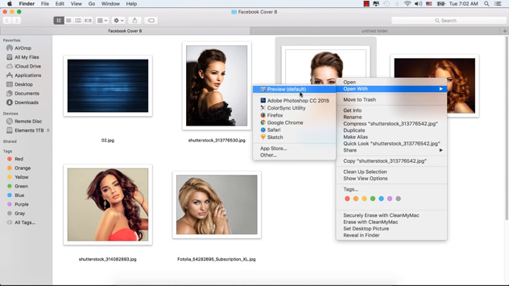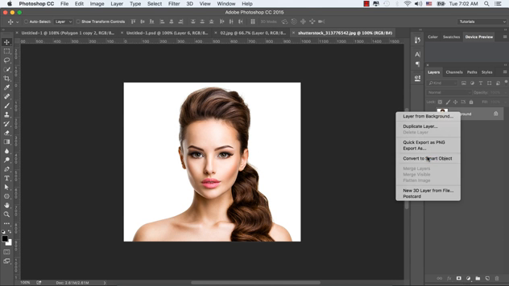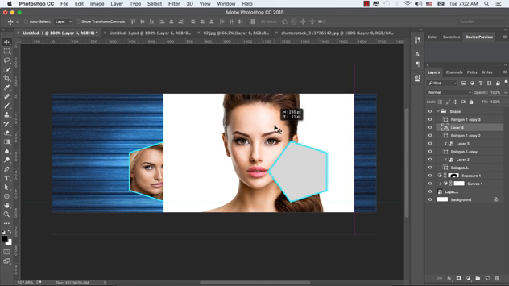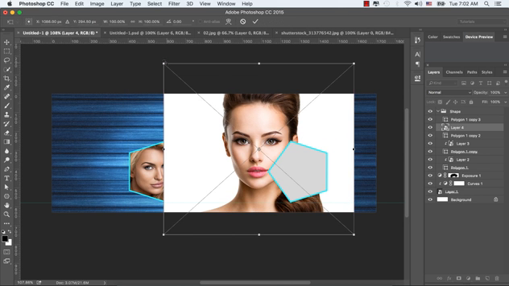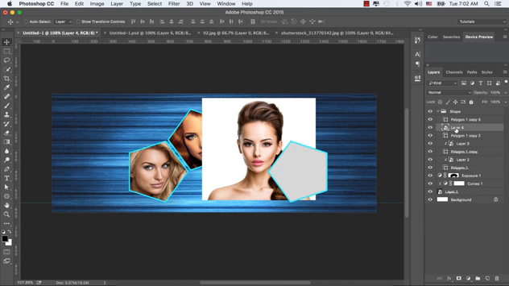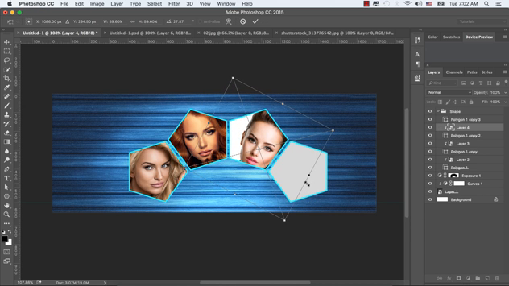And let's bring another image from the image folder, convert it to a smart object, drag and drop it to our main document, and make sure this image is on top of Polygon 1 copy, Polygon 1 copy 2. Let's right-click the mouse and select Create Clipping Mask in order to clip it inside this shape, and bend it to the right a little bit.